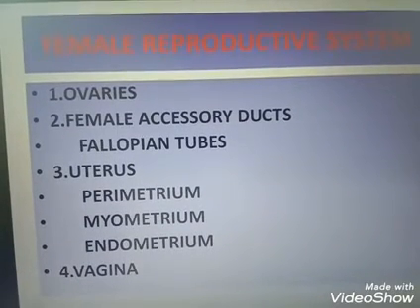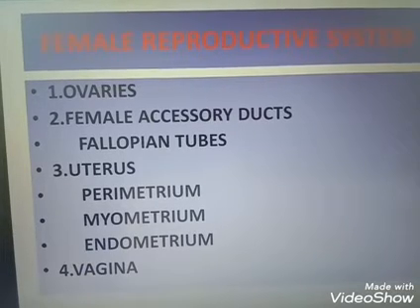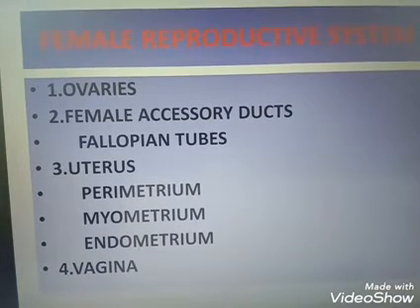Today we are discussing the topic female reproductive system, from the chapter Human Reproduction. The female reproductive system consists of the ovary and fallopian tube. The other name of the fallopian tube is oviducts or uterine tubes. Then the uterus, uterine cervix, vagina, accessory genital glands, external genitalia and the mammary glands. All these are the main parts of the female reproductive system.